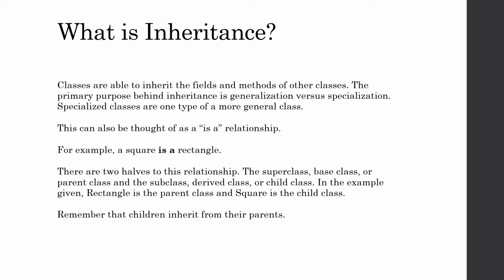So there's going to be two halves of this relationship: the superclass, base class, or parent class. There are many different terms you can use to describe each one of these. In most cases, I will typically refer to the class that is being inherited from as either the superclass or parent class. And then the other one is going to be the subclass, derived class, or child class. In most cases, I'll just refer to that one as the child class. Occasionally, I'll call it the subclass. So in this example, rectangle is going to be the parent class, and square is going to be the